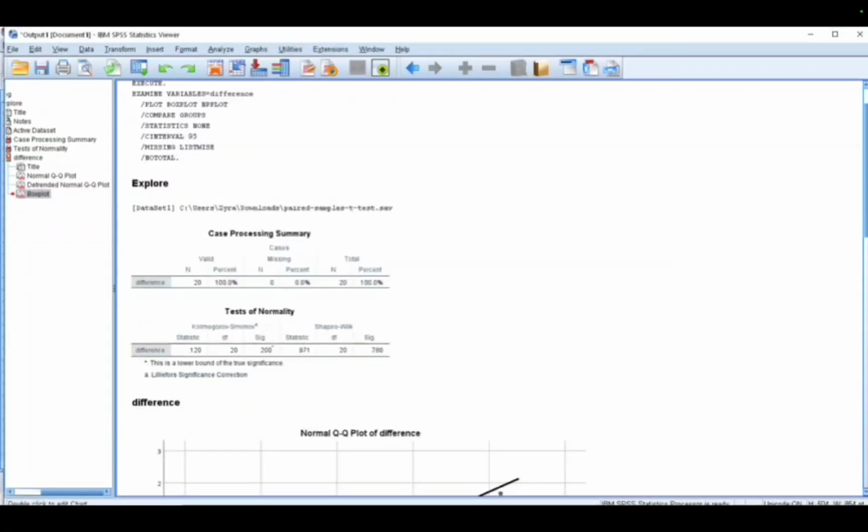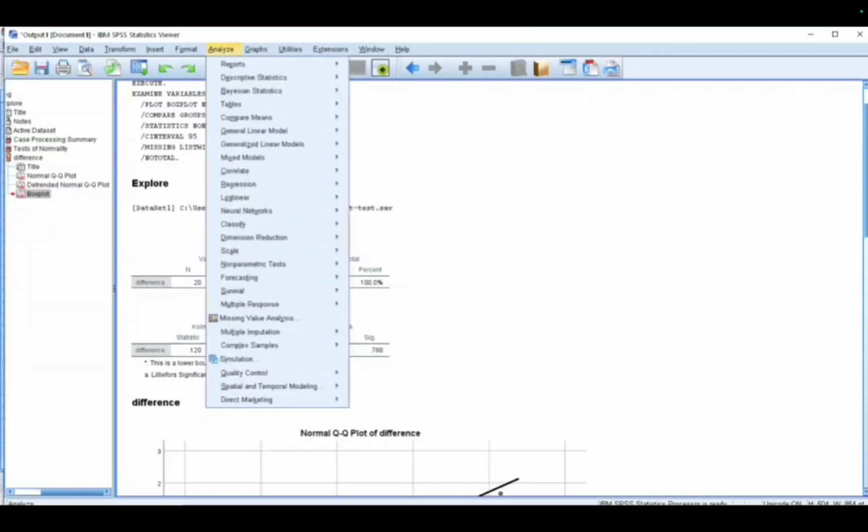As you can see, we have here the explore, the case processing summary, and the test.